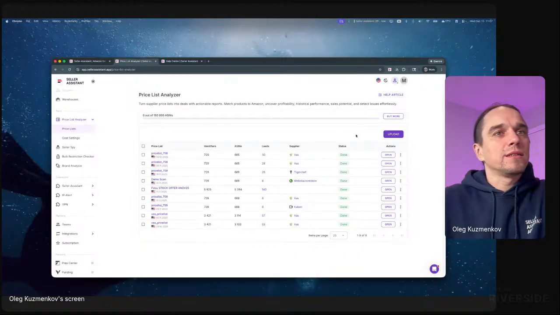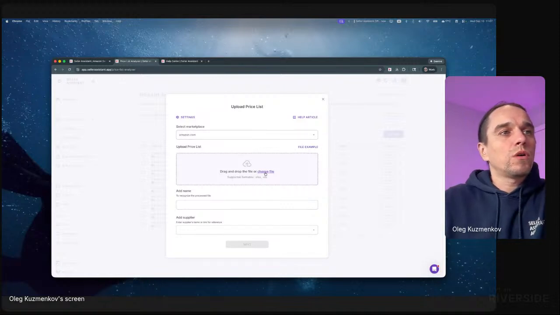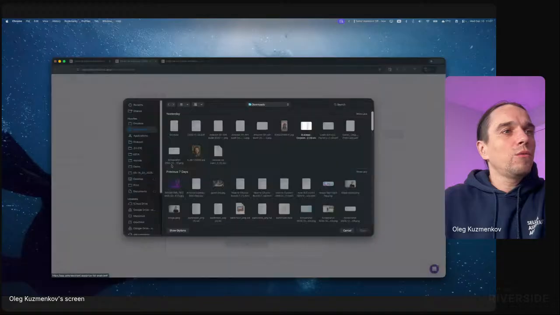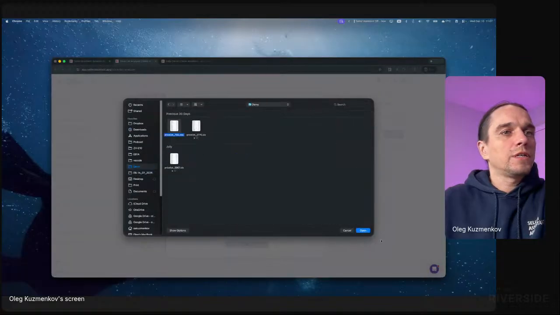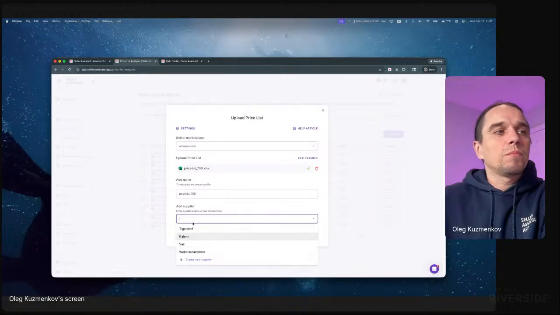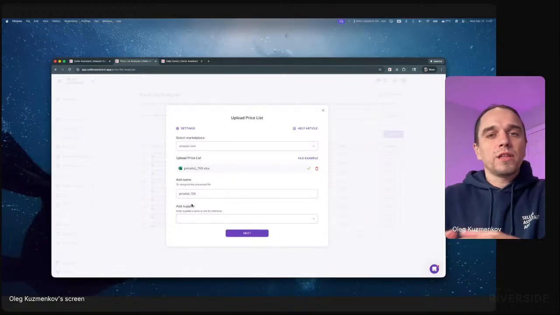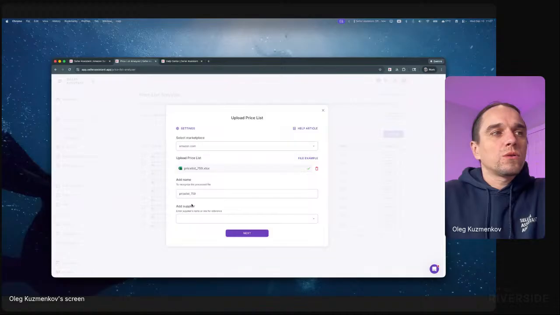We have a price list analyzer tool. Then you pick a marketplace you work for and choose the file. I have a file prepared right here. You upload it, give it a name, and then link a supplier, because usually a price list connects to the supplier, and I highly recommend you link a supplier for your price list or your catalog, because